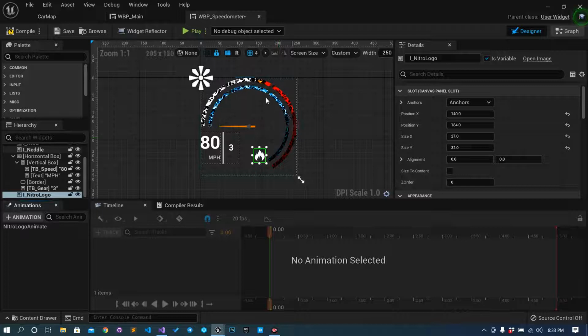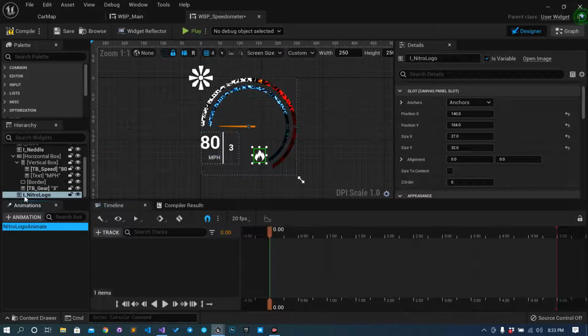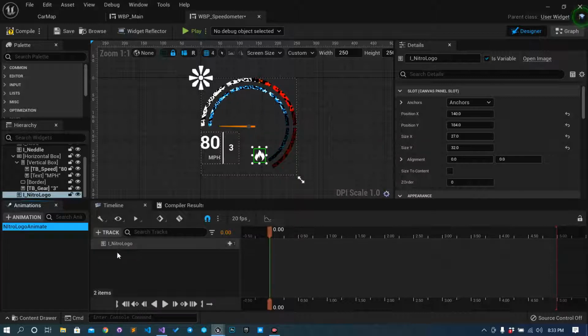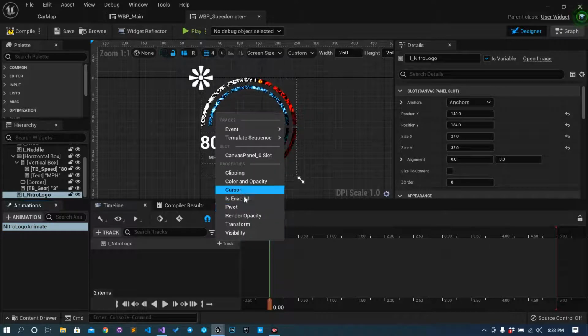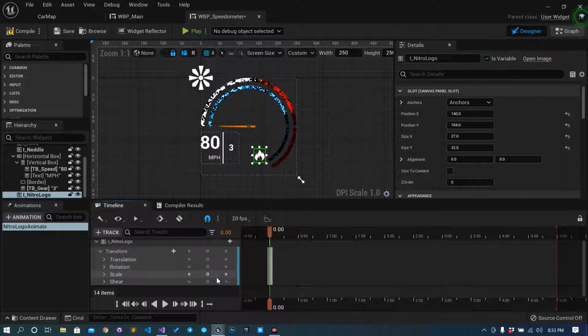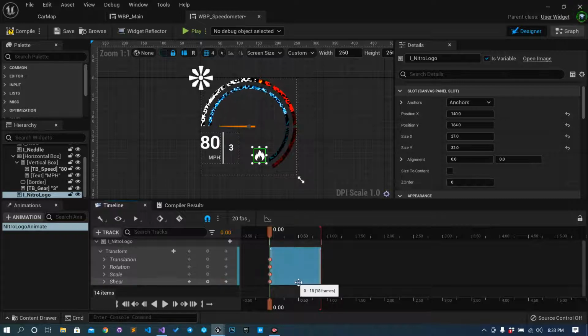Or in further tutorials we can also animate this progress bar too, but we will do it with the current logo. Just click this, select the I underscore nitro logo, and click press. Okay, we are here. Just press plus and click transform. Under the transform, I will just update the scale value. The default is 1, and at point 2,